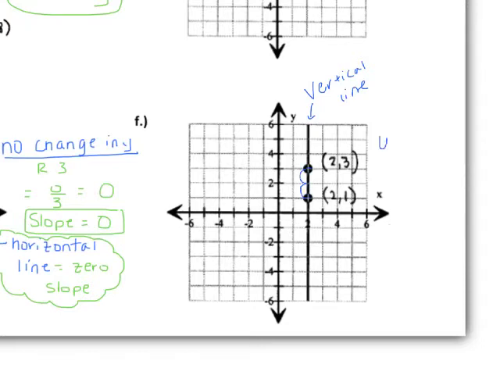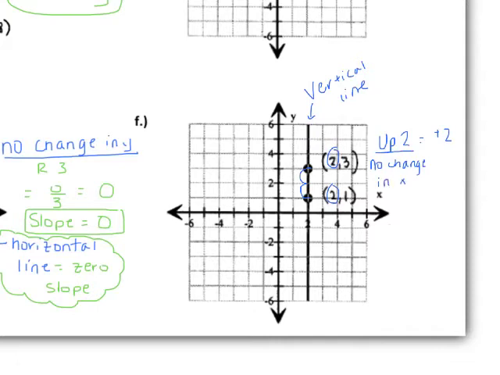Okay, so I'm going to go up 2, which is the same thing as a positive 2. But in terms of my change in x, well, there is no change in x in this problem. Okay, my x doesn't change, and you can see that if you look specifically here and here at your two ordered pairs. Your x's are identical. Okay, there's no change